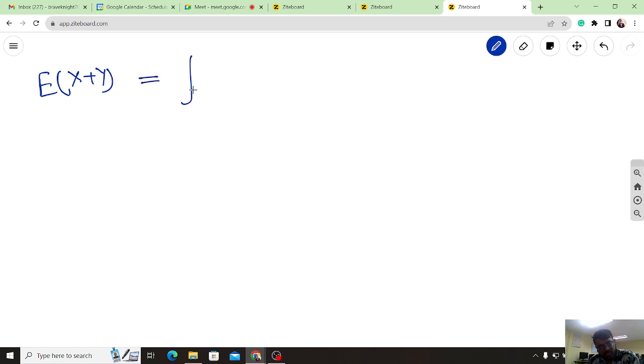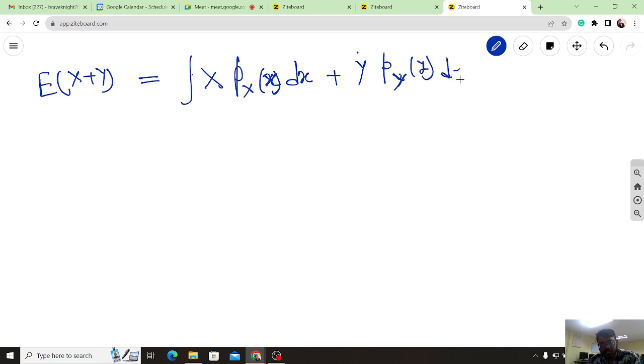This is actually integral of x p of x dx plus, if I take the expected value over these two variables, y p of y dy. So basically, if I take expected value over these, its expectation is a linear operator,